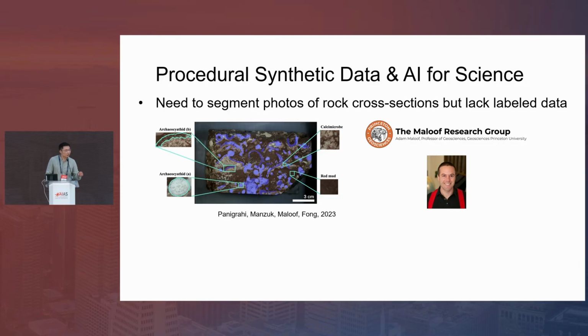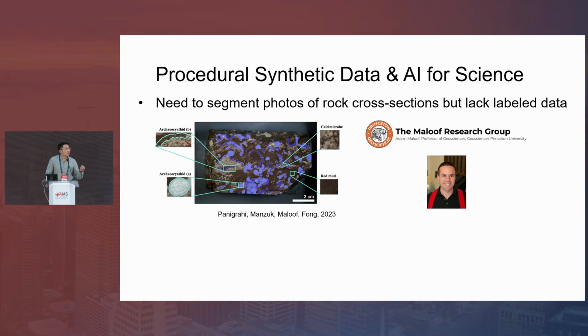The way they do it is to take rock samples, grind the samples down, and take many photos of the cross-sections of a rock sample. And then they'd like to understand what objects are actually embedded in a rock. There could be fossils and crystals. And so they want to segment out these objects meticulously so as to count the different types of objects.